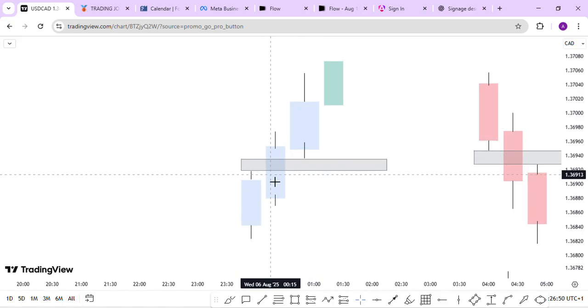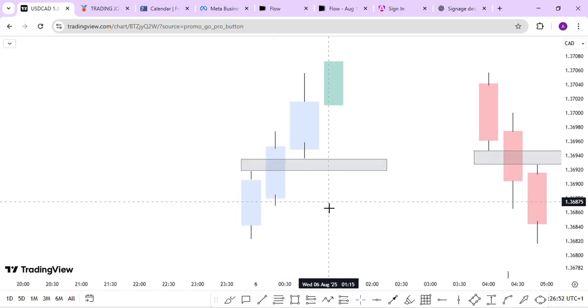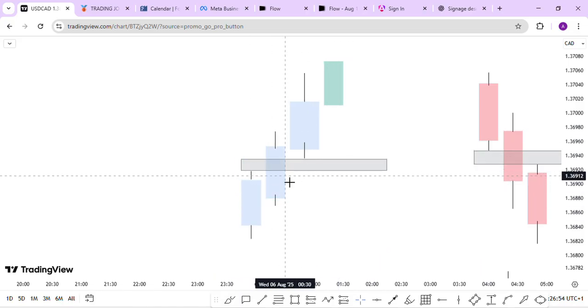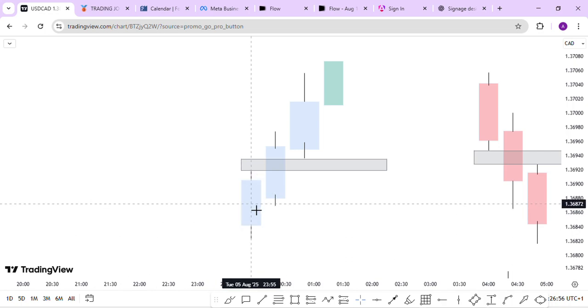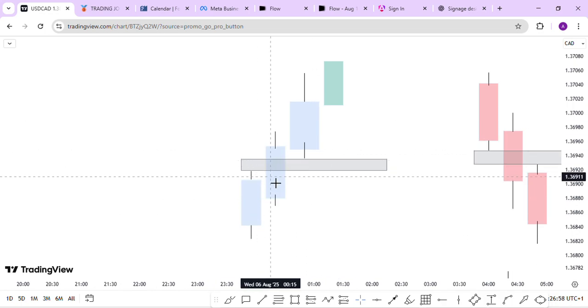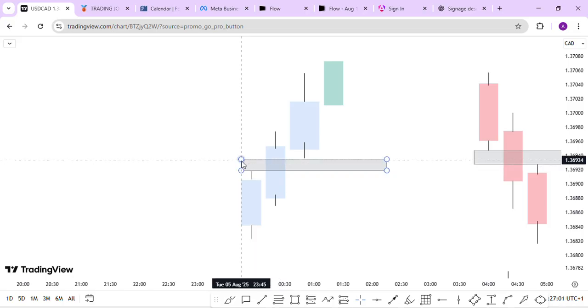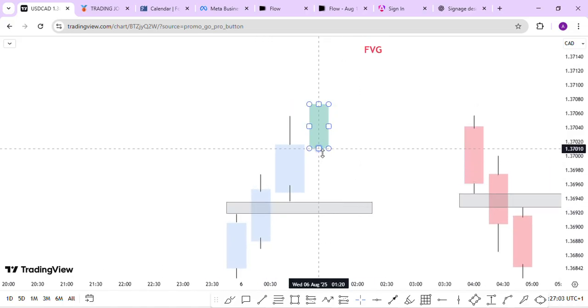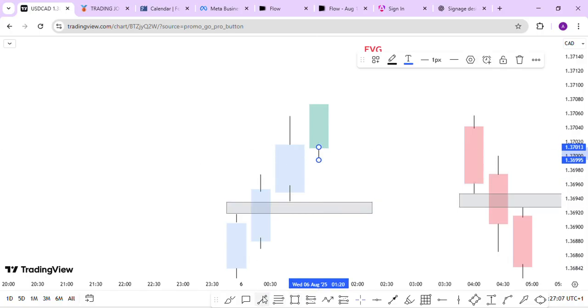Whether the color of the candle, it doesn't matter. This can be red, this can be green, it doesn't matter. So what matters is the candle, and you check the first one, the second one, and you look for the gap in between them. So let's say this one also happened like this, for example, like this, and then the market